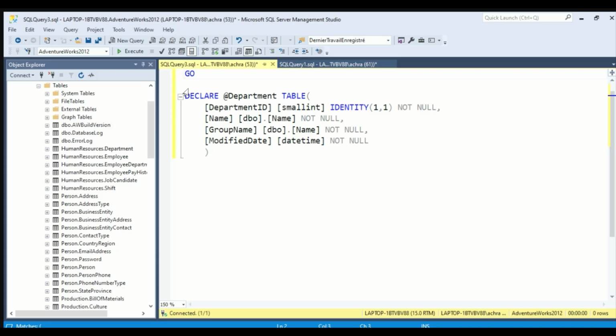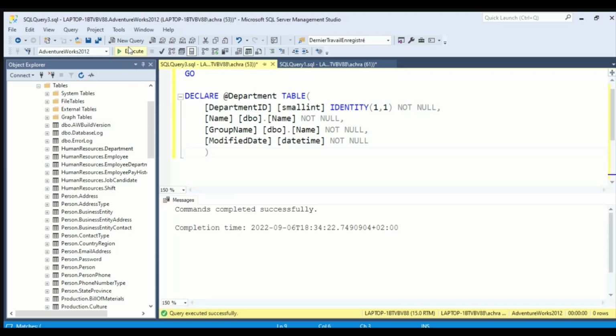So our table variable is composed of 4 columns, as you can see here. So the department ID is identity 1,1, name, group name, and date. Okay, let's execute this. Okay, now let's insert some data